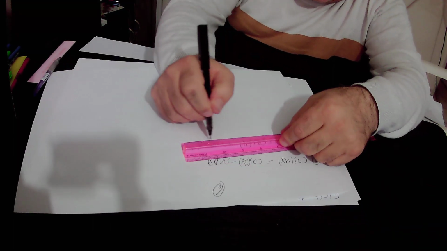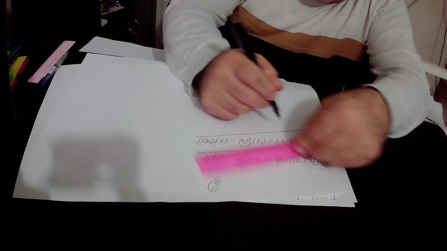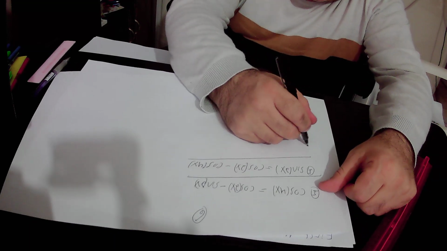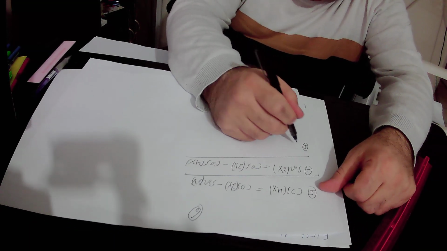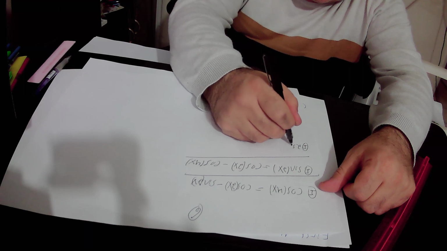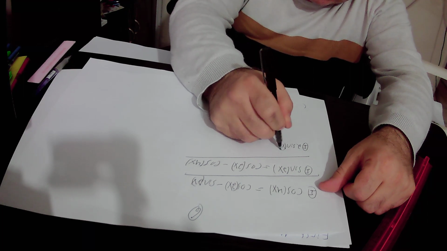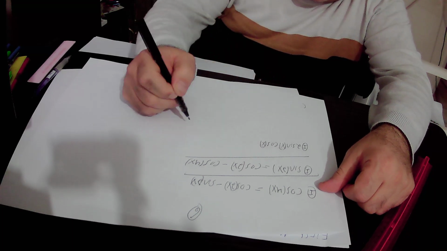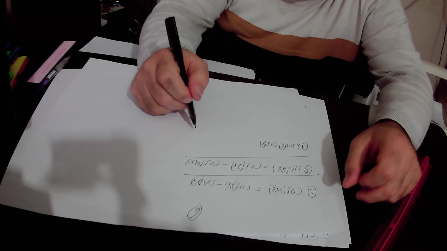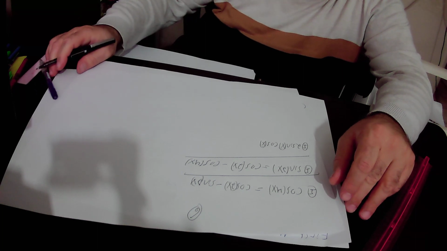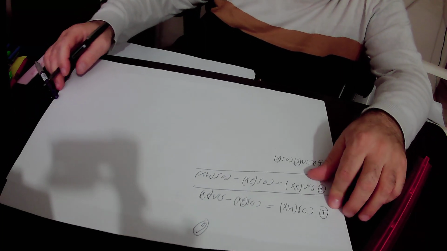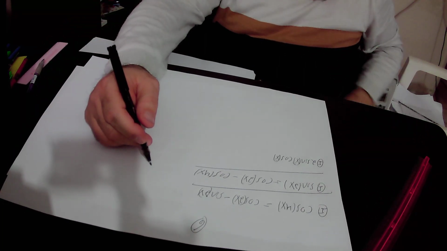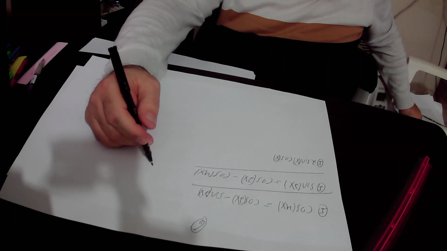We actually know that sine 2x equals 2 sine x cosine x, and cosine 2x minus cosine 4x is very similar to the trigonometric identity that states